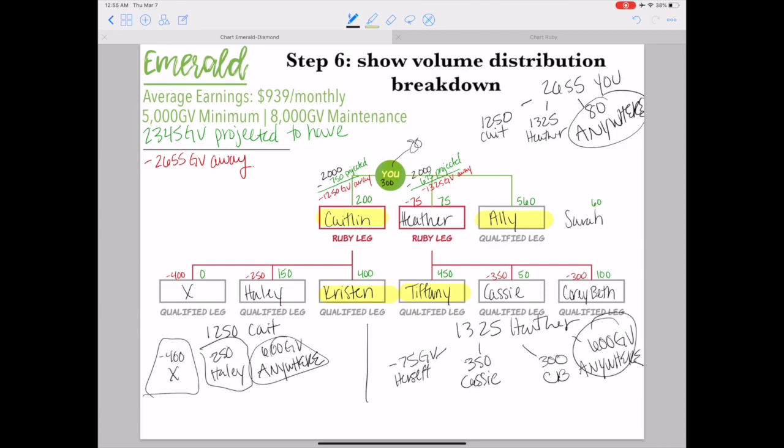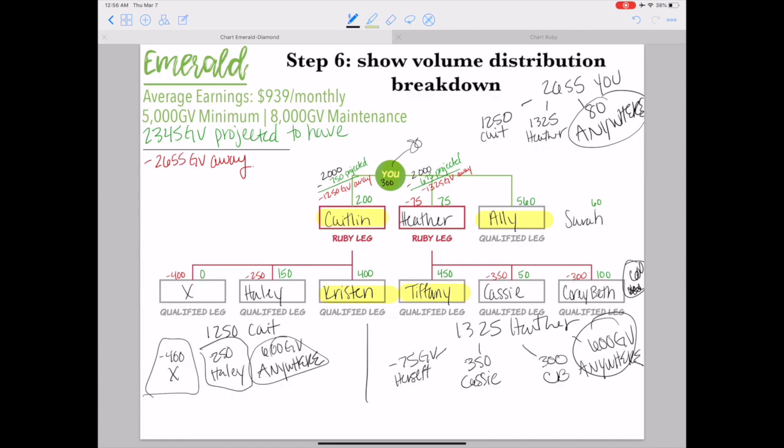under Heather. Okay, even if there's an extra distributor over here and I want to place 600 in volume over there, even though that person's not needed for Heather's chart, everybody else was good and check marked, I can put that volume anywhere and I can put it all in that one person, or maybe that person just gets there on their own. That counts. That will get them to the minimum. So I wanted to show that volume